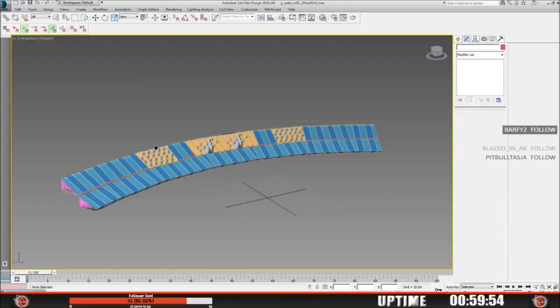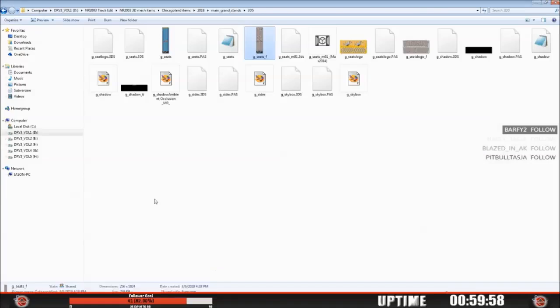And what I have done is I've already created independent 3DS files for each of these parts. So I got the G seats along with its pass, G seats logo, which is the other piece, and where's that pass? There's that pass. Kind of out of order here a little bit, that's okay. And also the G sides, its 3DS and its pass, and the G skybox with that little sliver and its pass. So I got the pass and its texture,